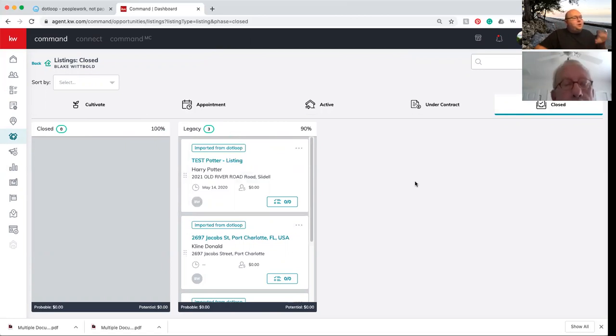Personally, it's not my recommendation to use it because of the amount of steps and the fact that the importer doesn't import the documents. Yep, I'm with you. So I'm going to show you now